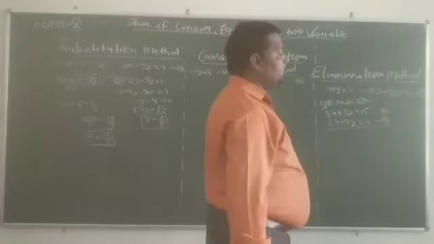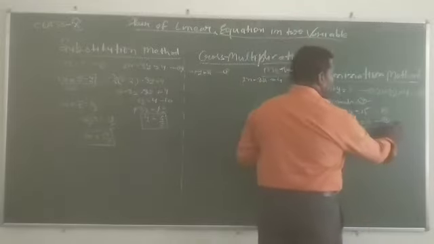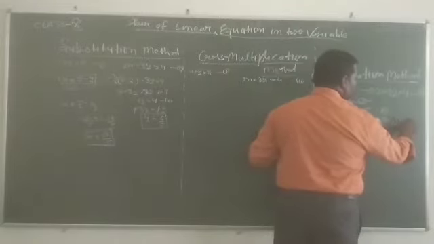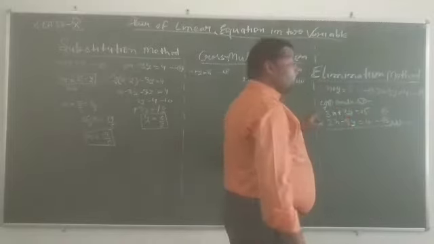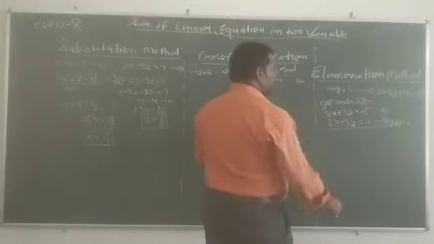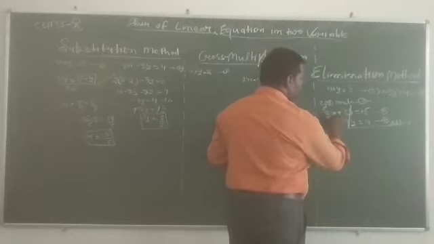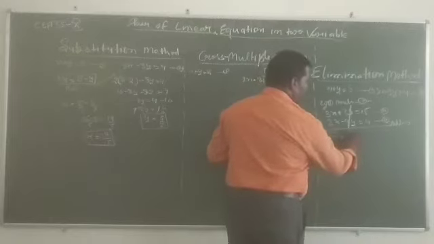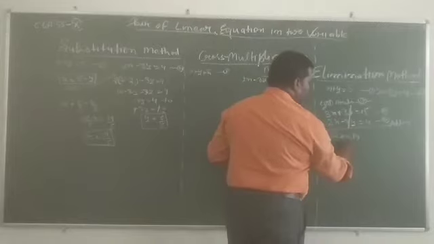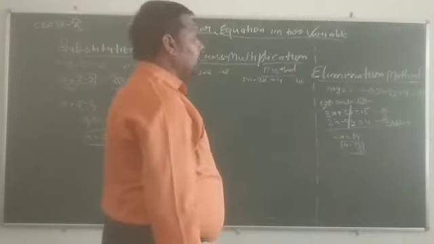After that we look at the equal step. Equal steps have the same sign or opposite sign. Where we have the opposite sign, we write addition. If equal steps have the same sign, we write subtraction. Here addition: we add both equations. So positive 3y and negative 3y are cancelled. 3 plus 2 is 5x, 15 plus 4 is 19. Then x equals to 19 upon 5. Understood, students? That is the value of x.